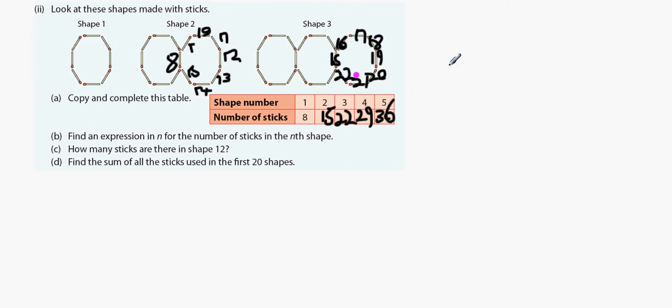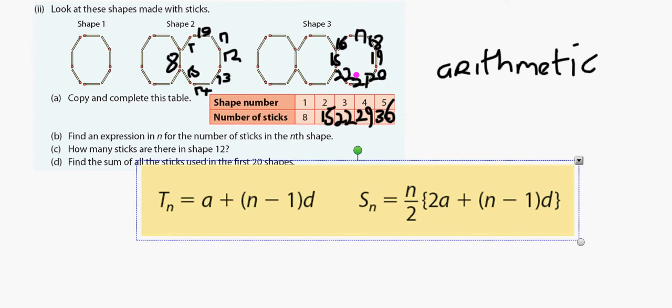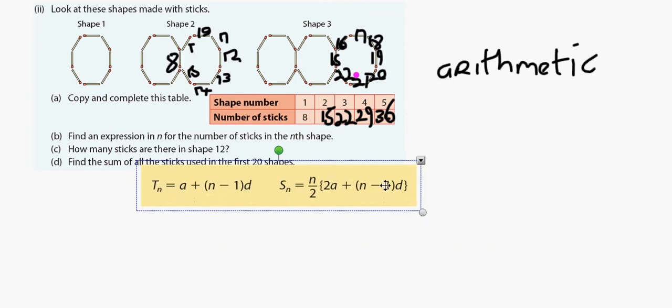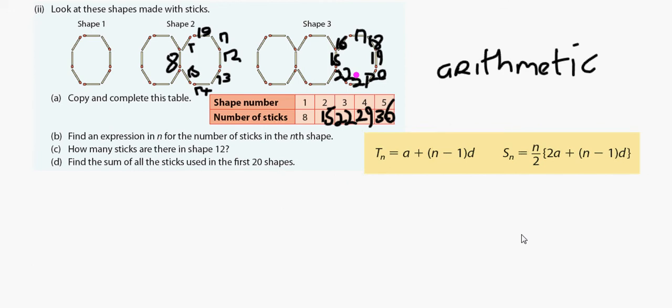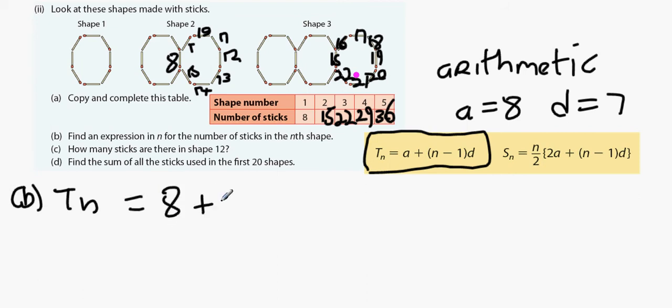It's an arithmetic series because there's a constant gap between each one. The gap is always 7. So find an expression for Tn. Once again we're looking for Tn, and we're just going to use the formula for Tn. These are available in your tables. What we know is that A is 8, because A is the first term. The common difference is 7. Now we're going to use the Tn formula. So Tn, and this is part B, Tn is A, which is 8, plus n minus 1 times